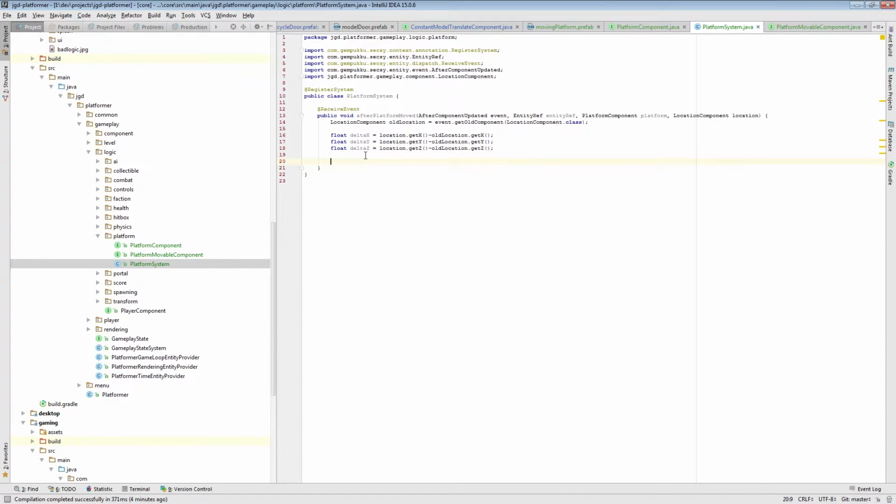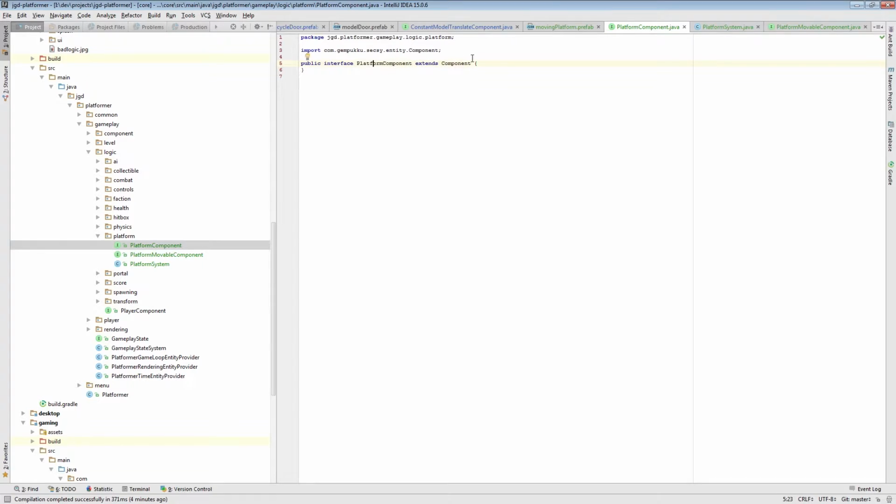And then now we have to figure out what's on top of the platform. So we add a new component here to platform, which is going to be